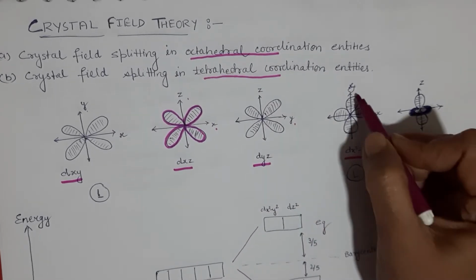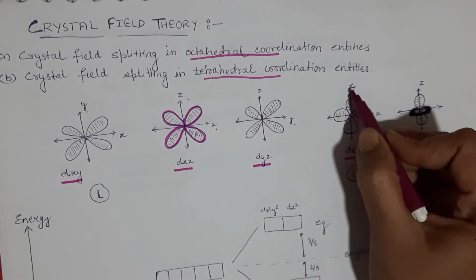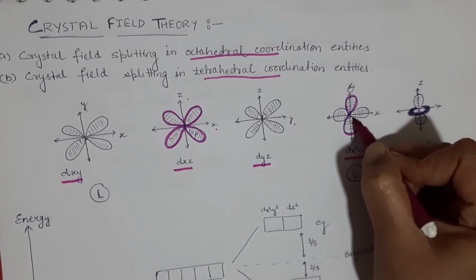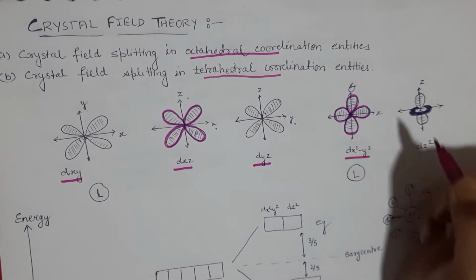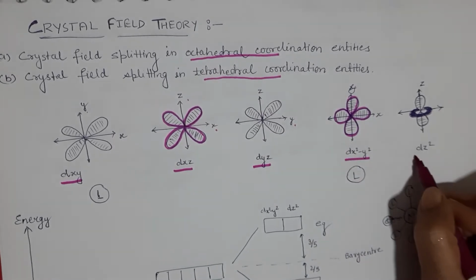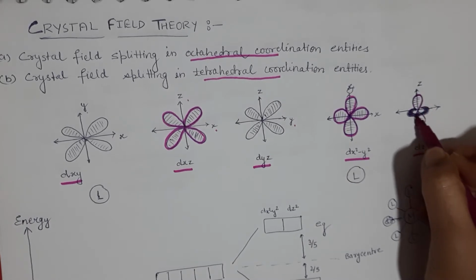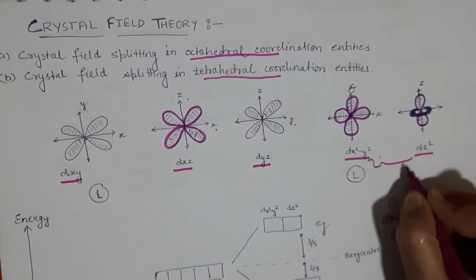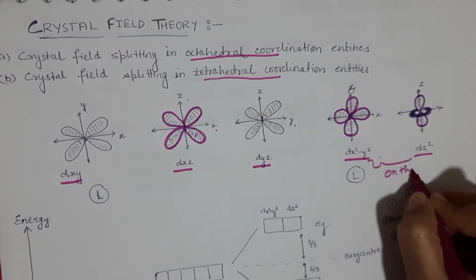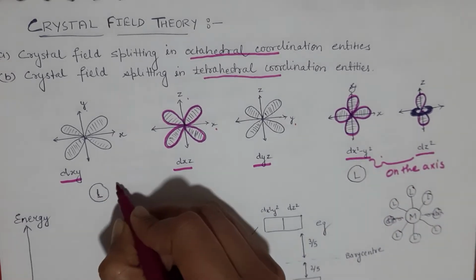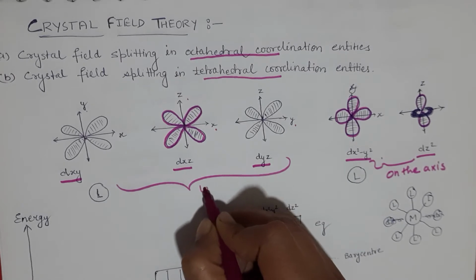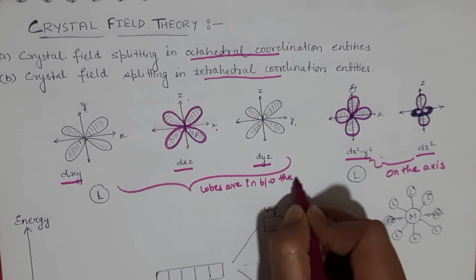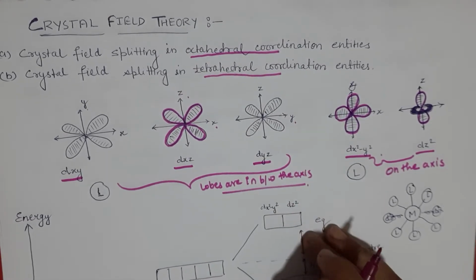Here it's on the axis x and y. On the axis x and y, the lobes are present on the axis. You should remember that dx square minus y square and dz square, the lobes are on the axis. In these two, the lobes are on the axis, and in these three, the lobes are in between the axis. You should remember this. Okay,